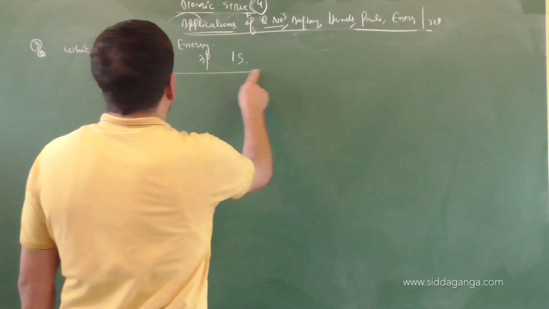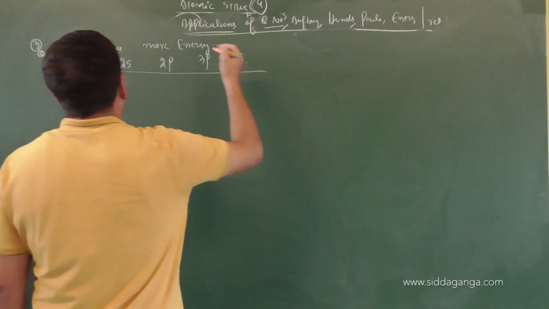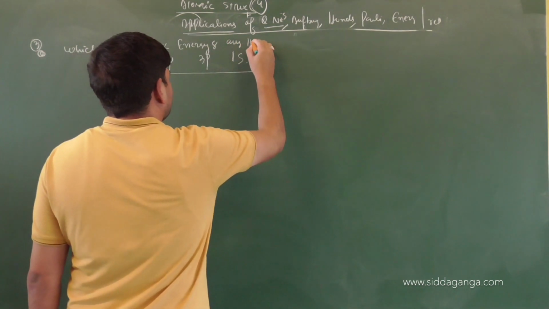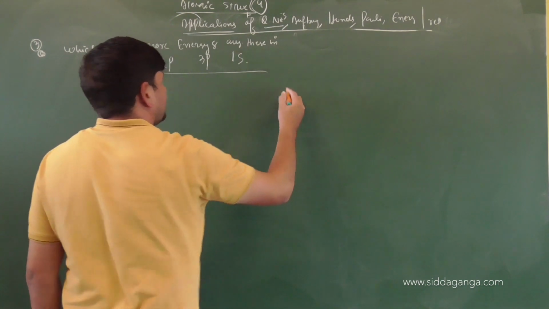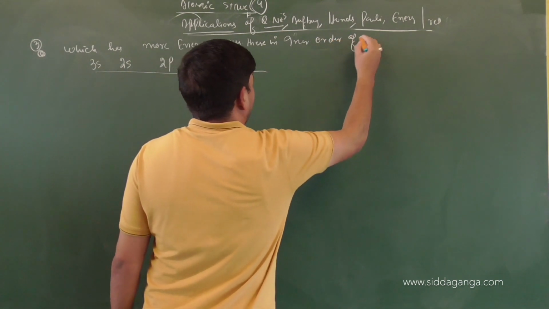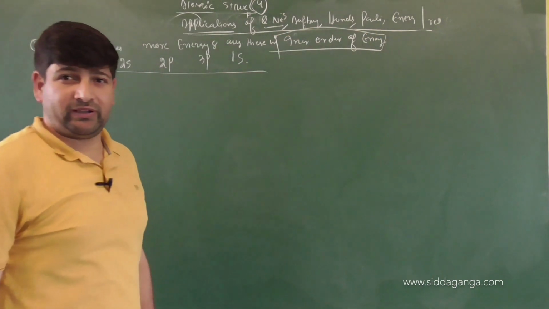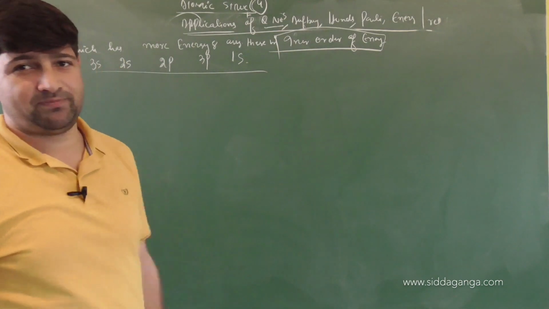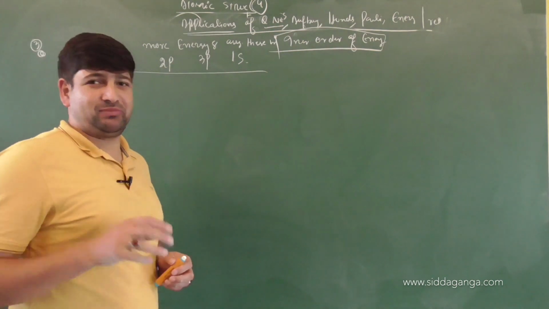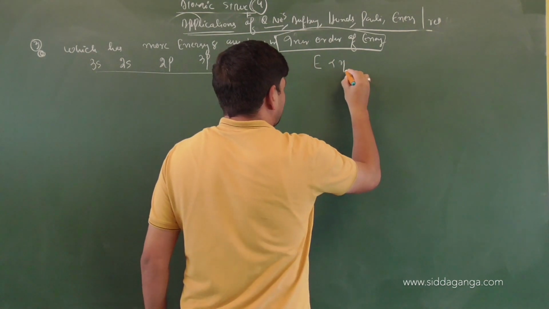So we have been given which has more energy, or you can say, arrange these in increasing order of energies. So we will solve the second part, that is increasing order of energies, first. Automatically we can come to know which has the highest energy. Now, this is not a direct question. You have applications behind it. What is that? Energy of an atom is decided by principal quantum number. We know it.